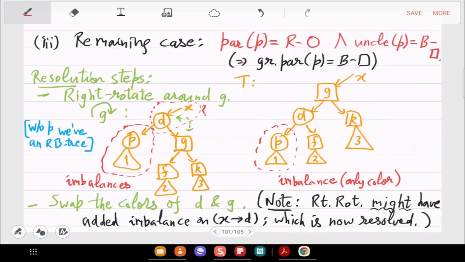In the implementation, I think all the arrows you can assume to be double links. That will help.